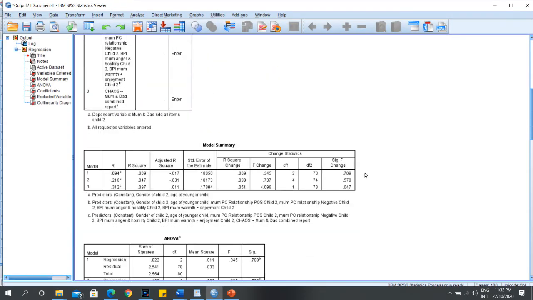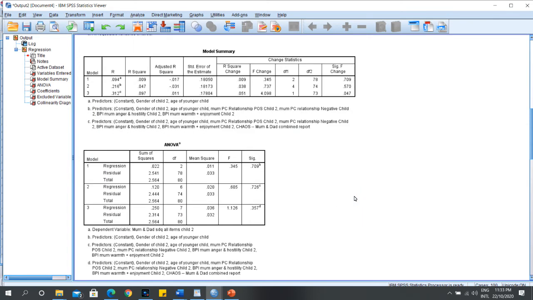So these are the tables, the model summary. These are the three regressions we ran. First, you can see here R square. Only regression 3, which is predicting chaos, is significant.